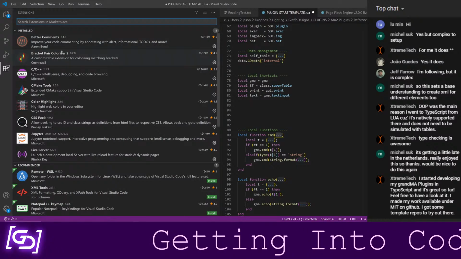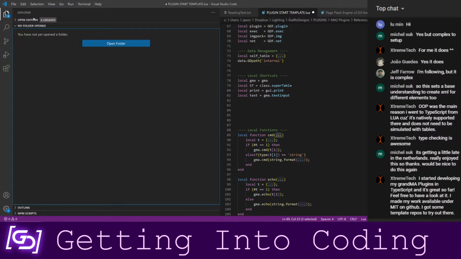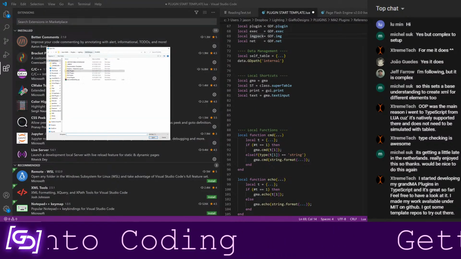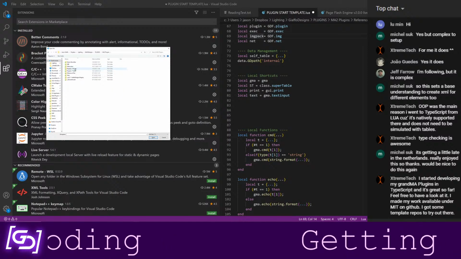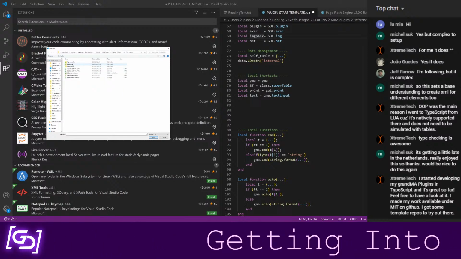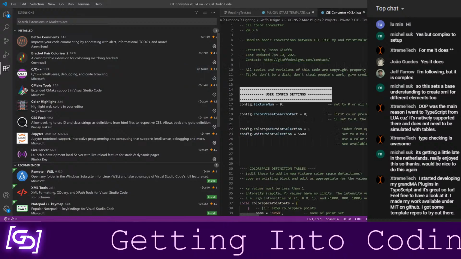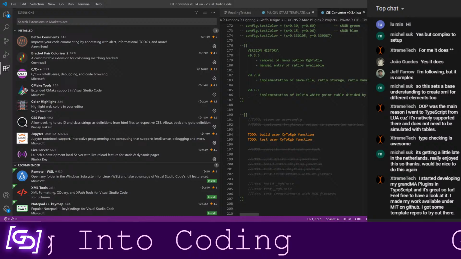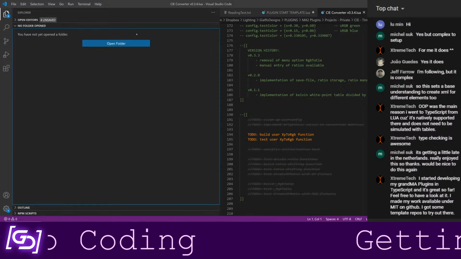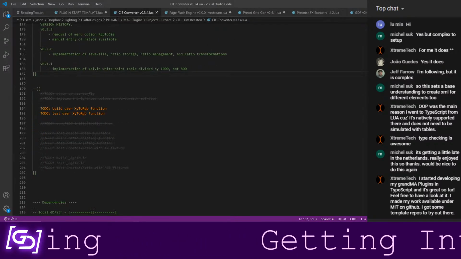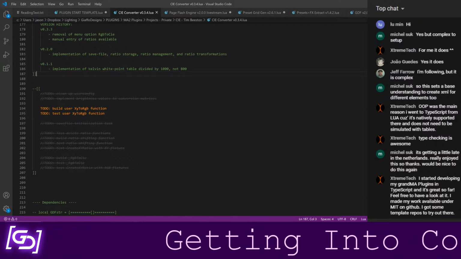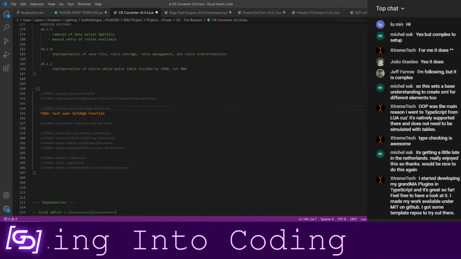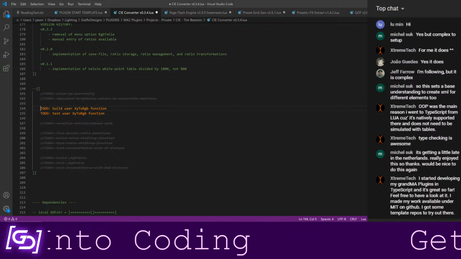Better Comments. This has been super helpful. I don't want to go into the source code, but I can pull up the beginning of it here. There, things like this. Just by adding certain tags to the beginning of my code, I can change the way it shows up. If I start it with 2 slashes, I can have it as a crossed out item. If it starts with TODO, it will show up in this orange text.